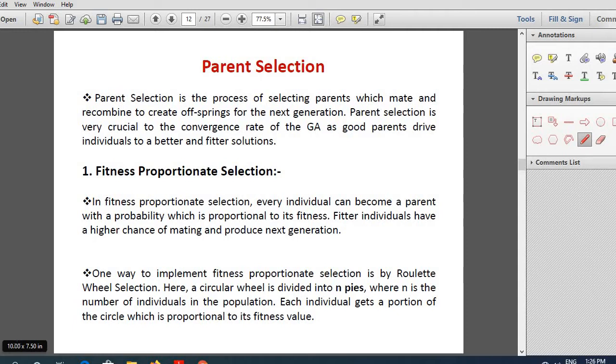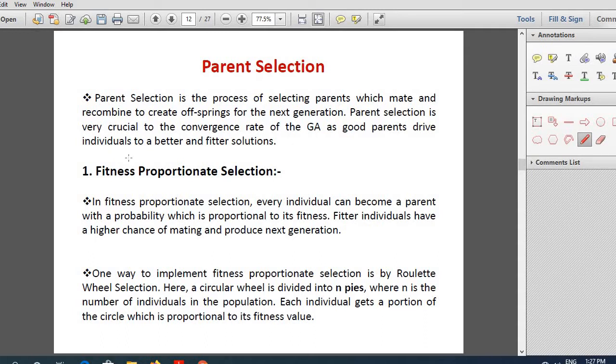Those individuals having the best fitness values will be chosen as parents for producing the next generation. So how parents are going to be chosen is today's first topic: selecting the parents which then cross over or recombine to create offspring.